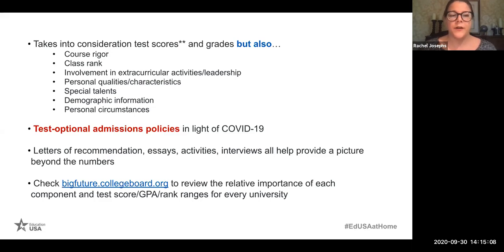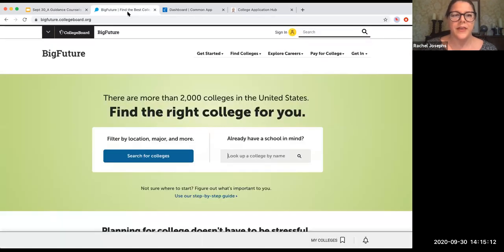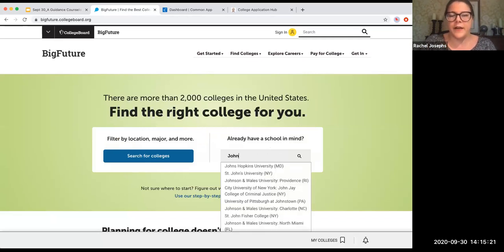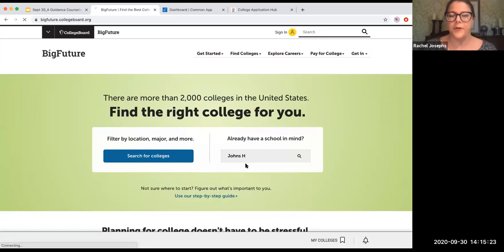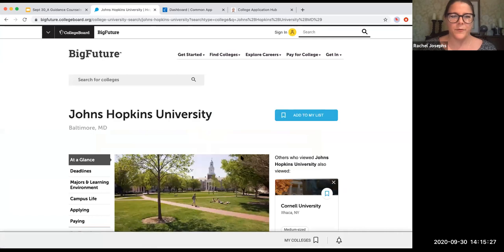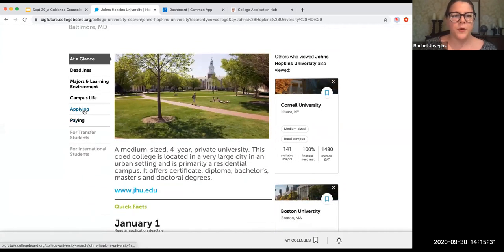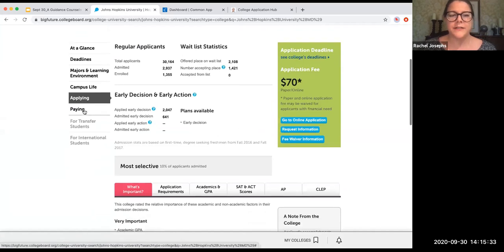And I did want to just quickly show, there's a website called Big Future at College Board that you can actually look up. You should be able to see it here. You can look up any university to find out how they are looking at students. So just to give you an example, Johns Hopkins is one that I'm going to show you in a minute with a common application. Using this Big Future website, we can go down to applying,